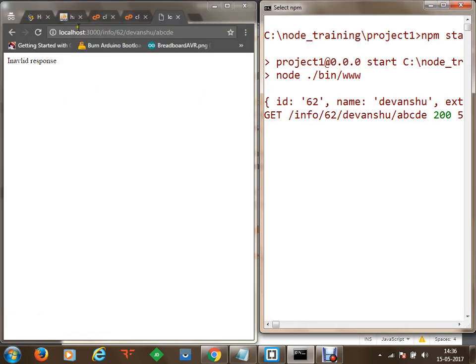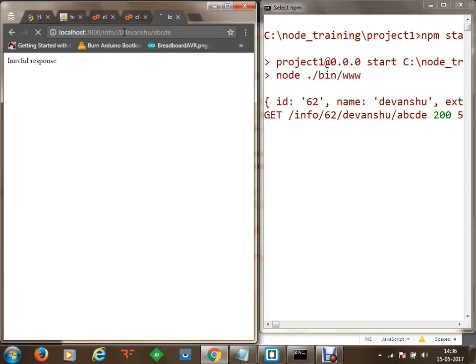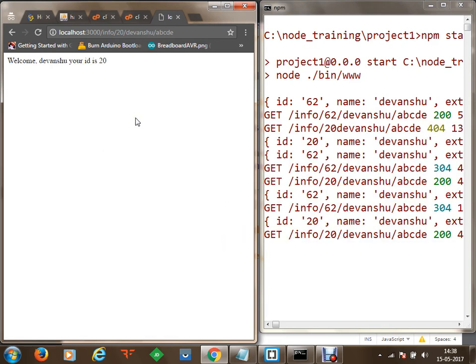So in case we change the ID to a valid ID, let's say I set it to 20 slash this. Once we have executed that command, as soon as we receive the request and Node serves my request, I'm going to respond back with the correct condition. Now you can see that once we have provided 20 as the correct ID, the request has been received, logs have been maintained, and we have got this correct response.